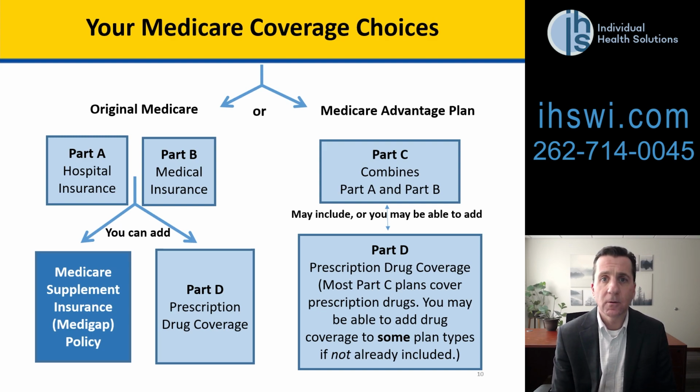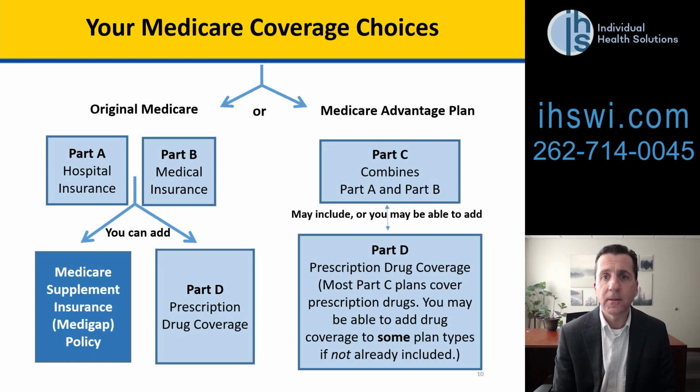Contrasting that with the arrow to the right, this would be the second option that somebody has to supplement and add in prescription coverage, would be to do something that's called a Medicare Advantage plan. And a Medicare Advantage plan, what happens is that the individual would be insured directly with an insurance company. The insurance company takes over the responsibility from Medicare, and so Medicare is actually put kind of on hold. And so the insurance company assumes the responsibility for not only the primary, but also the secondary, including the prescription coverage.